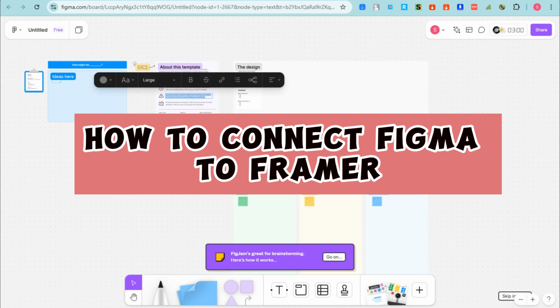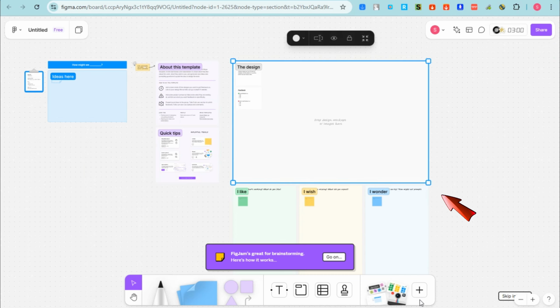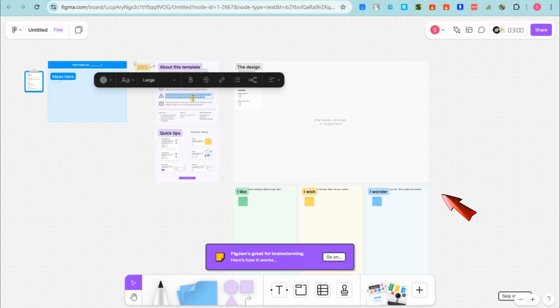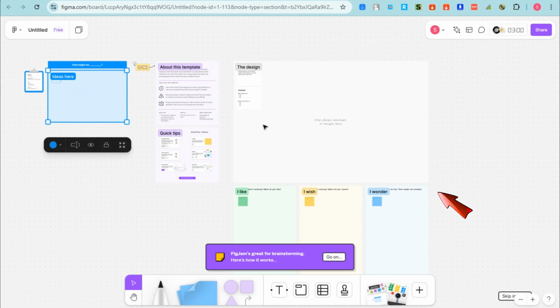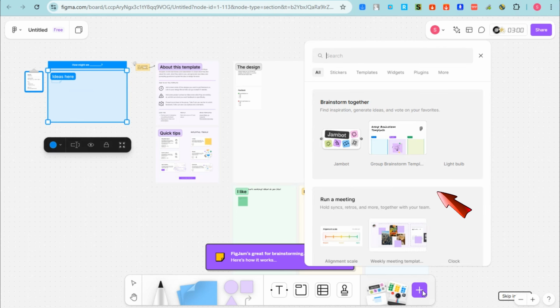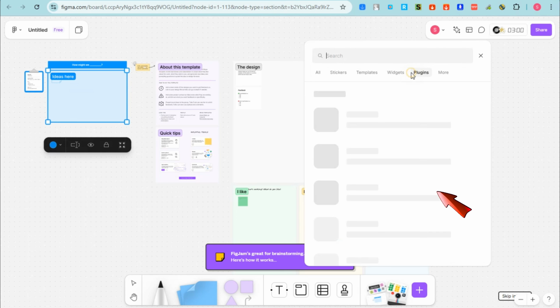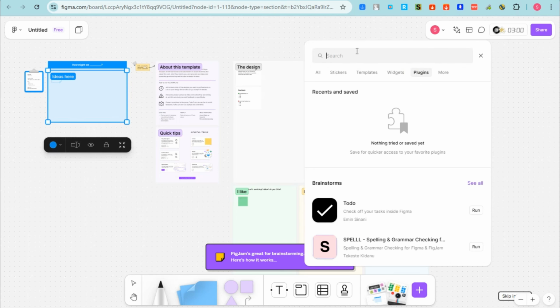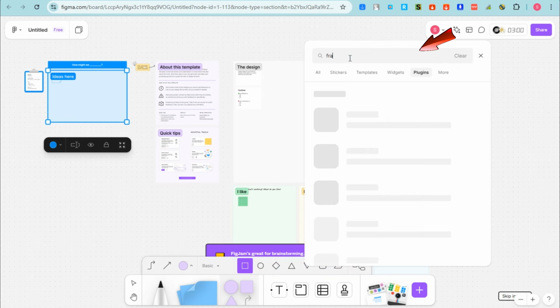So basically you just have to simply open or log into your Figma. If you don't have an account yet, then you need to sign up. And then what you're going to do is just open a project right here or a template right here. Now basically if you go to plugins, you can see that Figma to HTML to Framer or Figma HTML